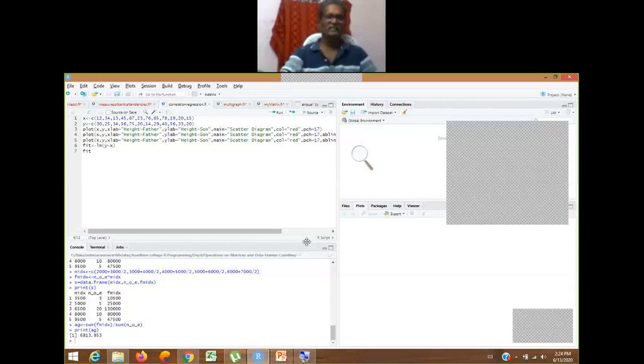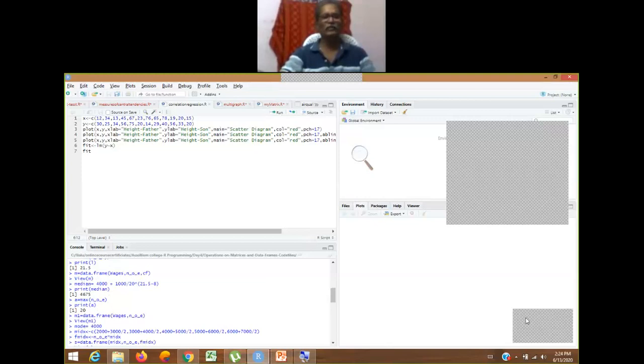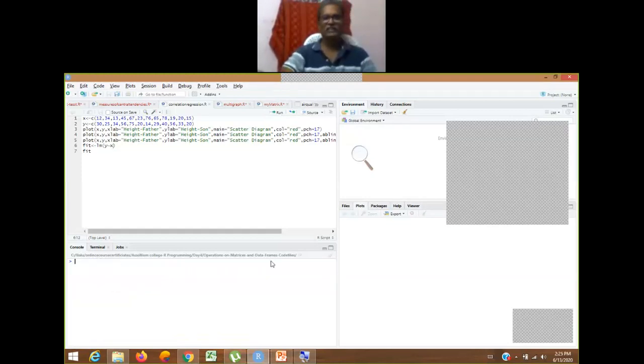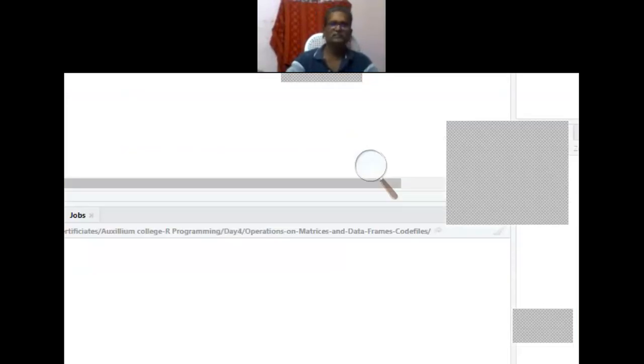Similarly, here you can see a lot of disturbances will be there because you are going for a new data set, a new script. If you want to clear this, you just press Control and L at the same time. If you press Control plus L, or use the same brush here, all the things will be cleared. Now you are free from the previous things. So these are the 4 types of windows in RStudio. Now let me expand for our understanding.